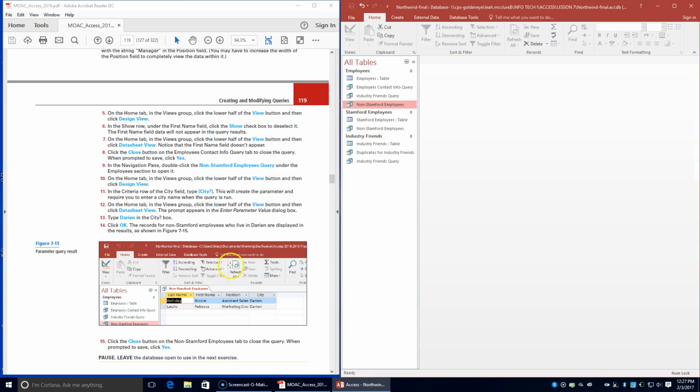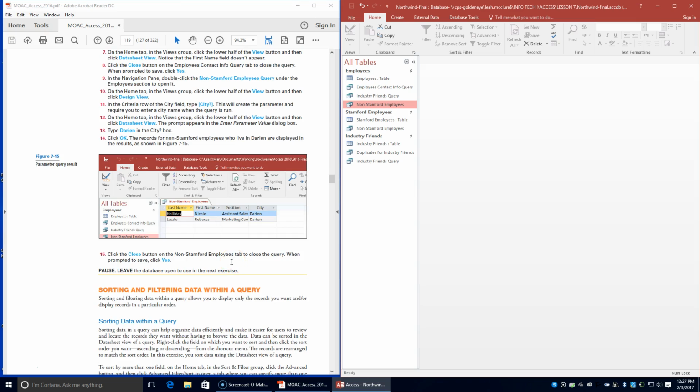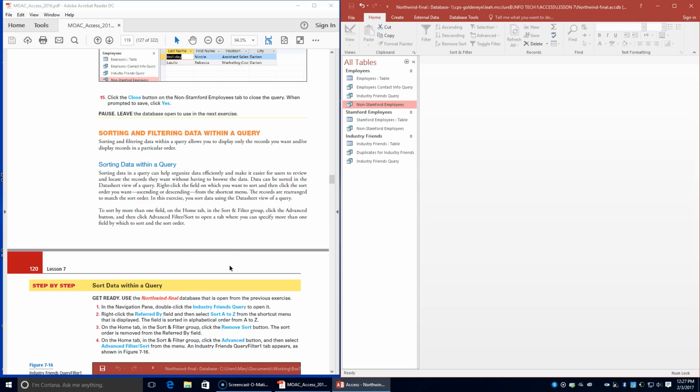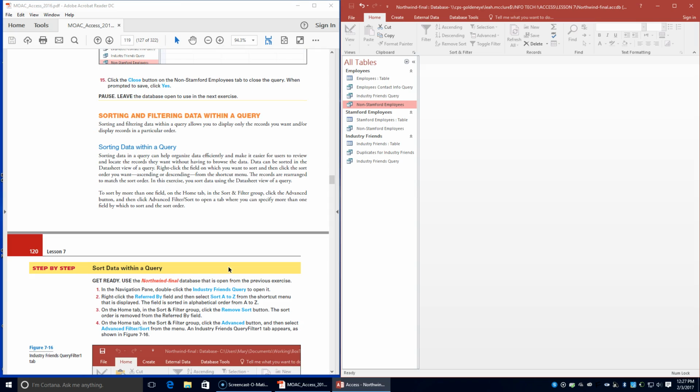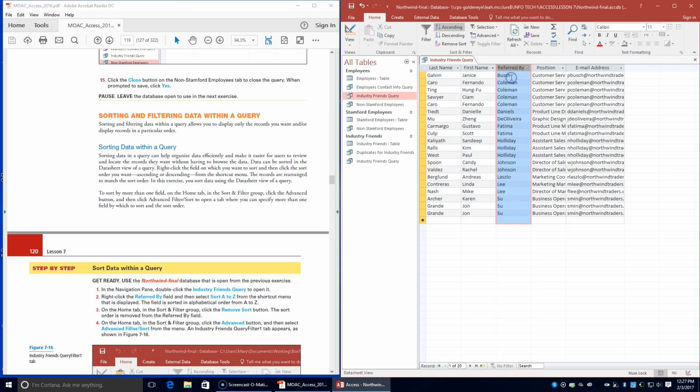Click yes to save. It says to pause and leave the database open to use in the next exercise. Next, we're going to be sorting and filtering data within a query. Still using Northwind Final Database, and in the navigation pane it tells us to click Industry Friends Query to open it. We're going to right click the Referred By field and select Sort A to Z from the shortcut menu